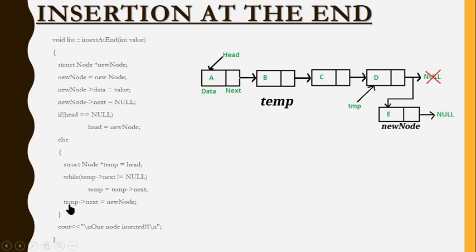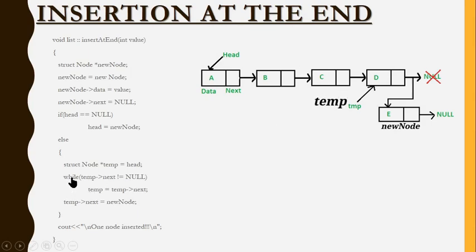It's over here. So while the condition is still true, again it checks here. Temp points to next. So B points to next. So next is over here. Is not equal to null. Of course, it is not equal to null. So what do I have to say? Temp equal to temp points to next. So what is temp points to next here? We have C's address. So the cursor will come here, and this will be named as temp.